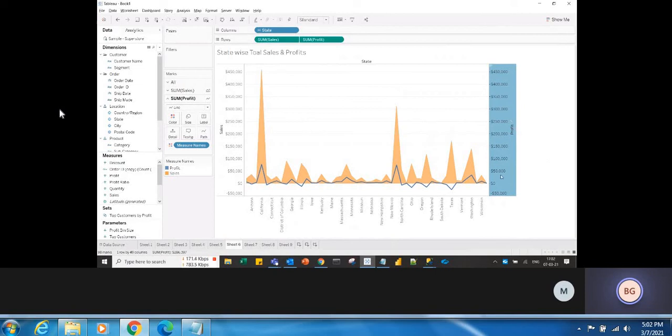50,000, 1 lakh, 1 lakh 50,000, both the sides, right? So either you do it on the sales axis or profit axis, it will not make any difference, because it is not asking what to sync with what. Correct? It is just synchronize both the axes. That's it. How you synchronize it is up to Tableau. So it will give you the best synchronized axis.